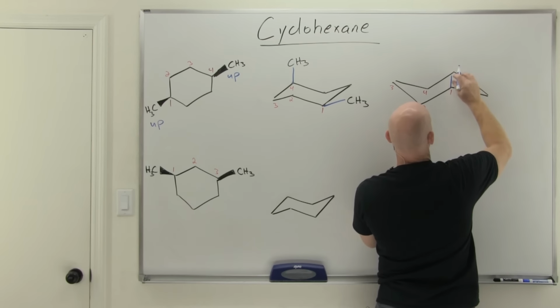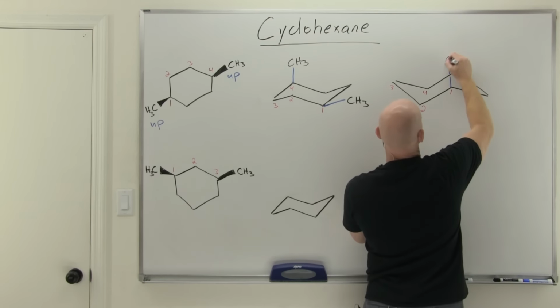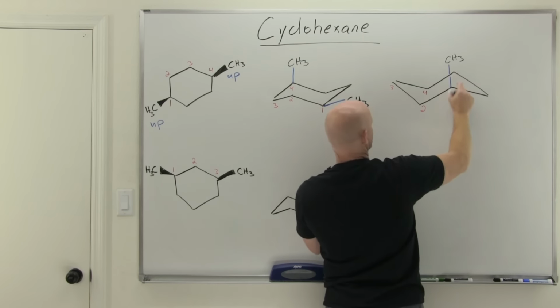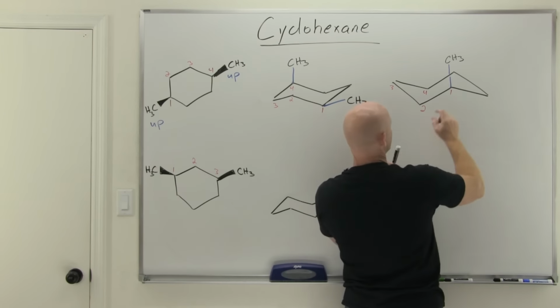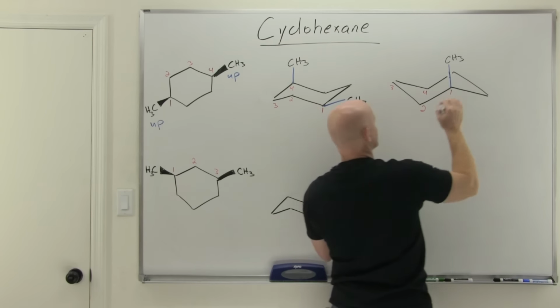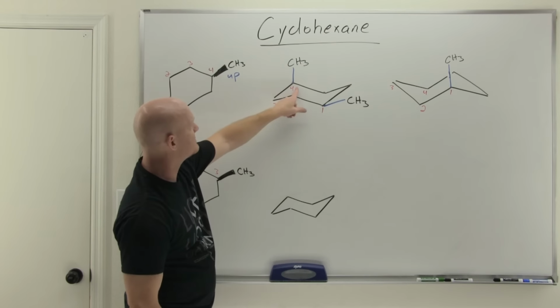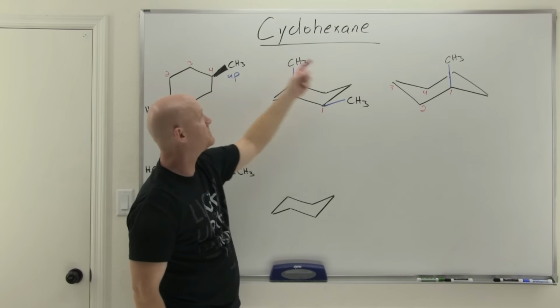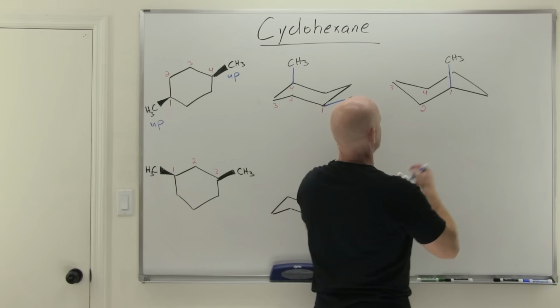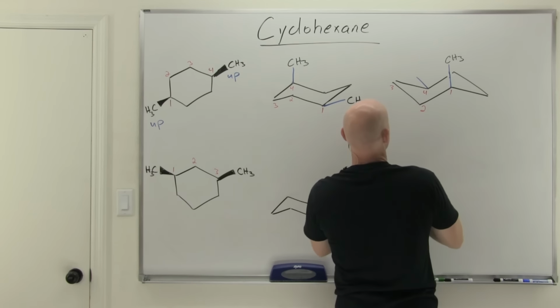And oftentimes we would draw this, let's make this look a little better, and just give ourselves some room by having it kind of come over the front of that bond. So there's that one here. I could draw it real small right there if I wanted to, but I'm going to have it going right in front of, actually I should make that the solid line and give this one, there we go. So it's passing in front of that other carbon-carbon bond right there. So there's one of them, and that's on carbon 1. And then on carbon 4, it points up here. It's still going to point up, but here it was axial. Here it's going to be up and equatorial. And the up position on carbon 4 here is that equatorial right there. There's our other